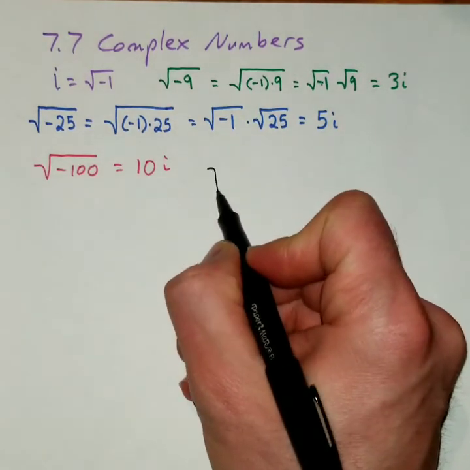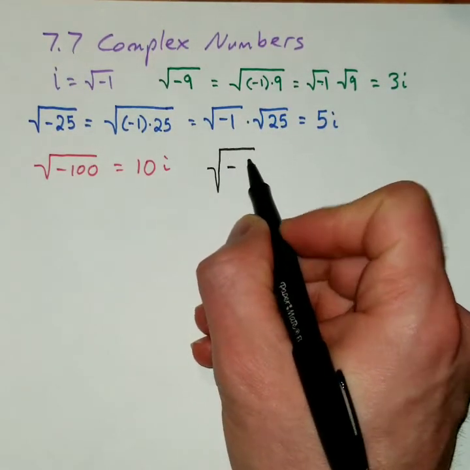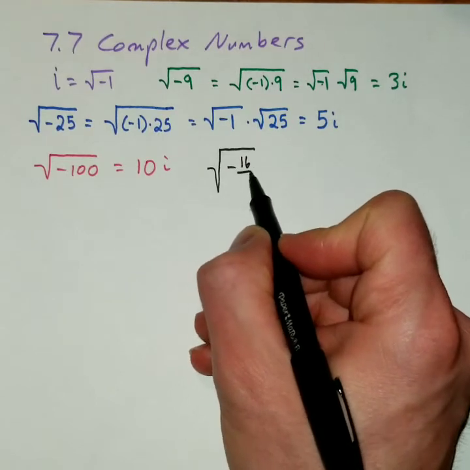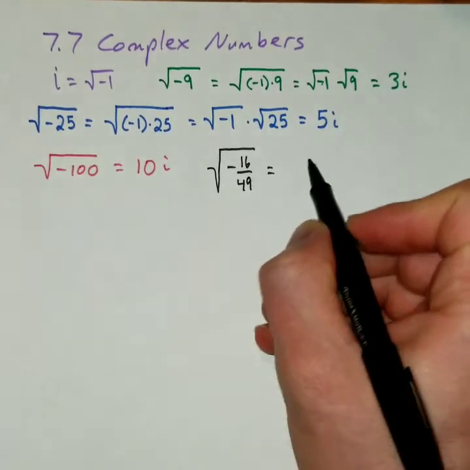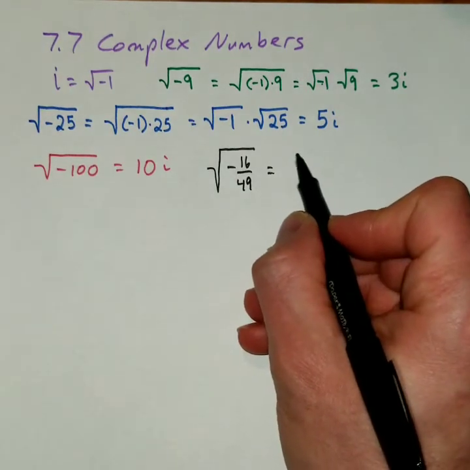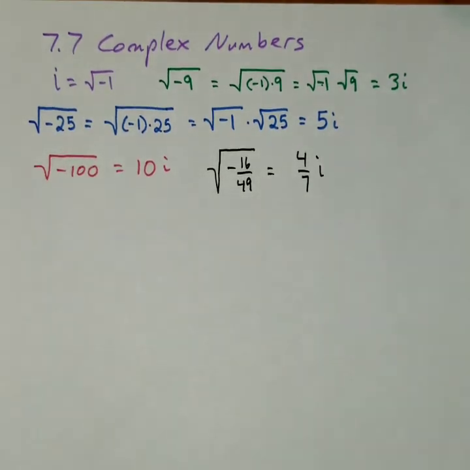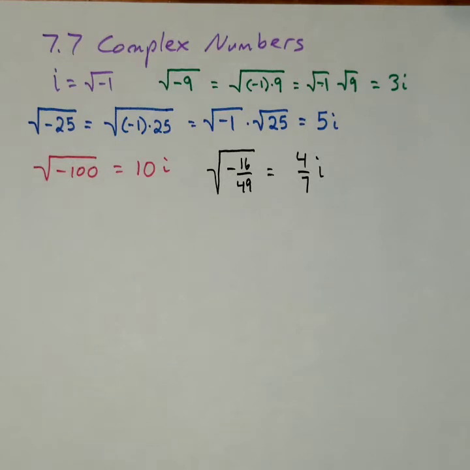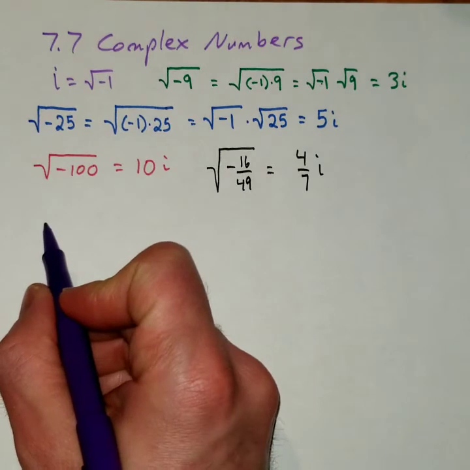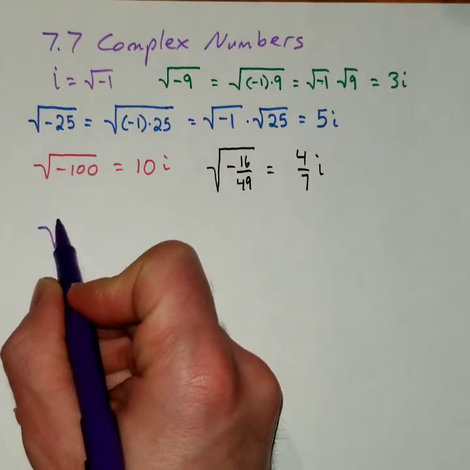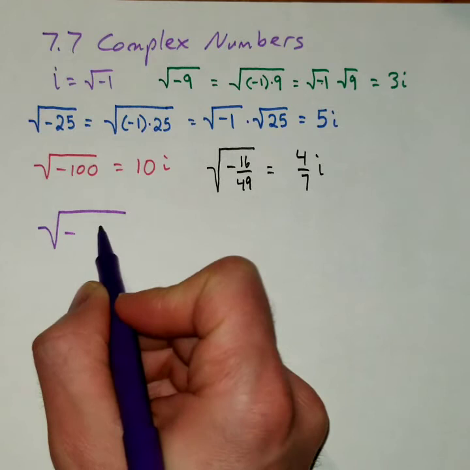The square root of -16/49 is, well, 16/49, the square root of that is 4/7, and the negative becomes the i. Okay, so it's 4/7 i. Alright, so definitely simplifying some negative roots is kind of nice, but we can even go further than that. I'm only doing perfect squares here, but let's say we were looking at some roots that were not perfect squares, something like the square root of negative,